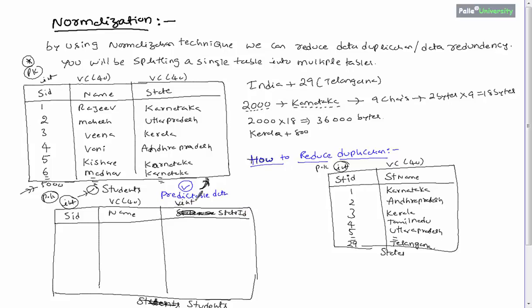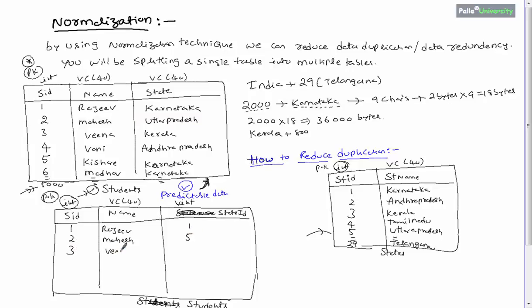Now you start storing the same data. 1 Rajiv. Now you have created already a separate states table over here. Now in the students table, instead of storing state name, you try to store state ID. 1 Karnataka. Second Mahesh. Mahesh is from Uttar Pradesh. What is the state number? 5, right?